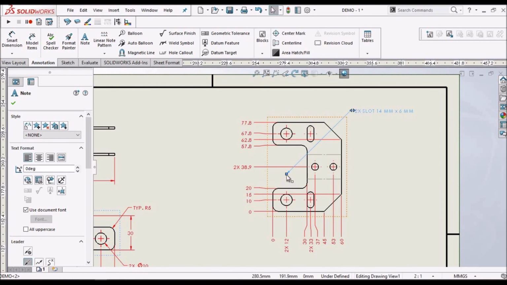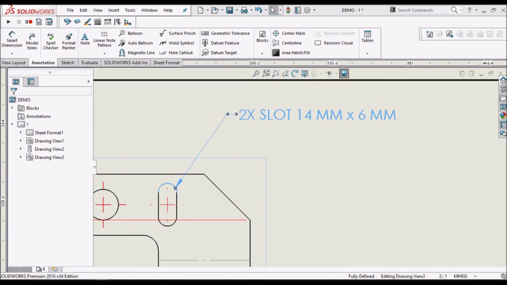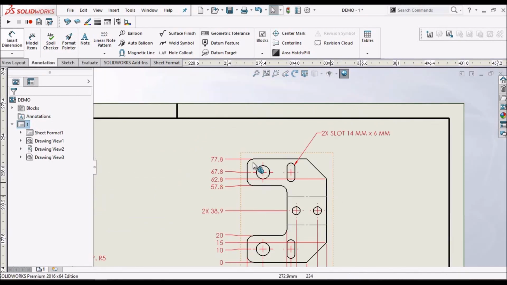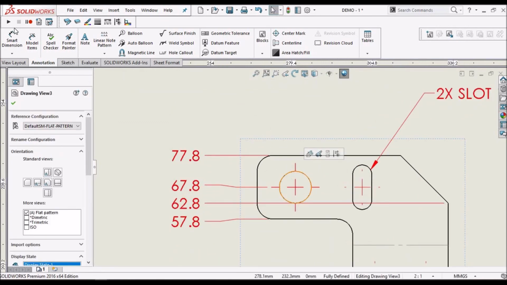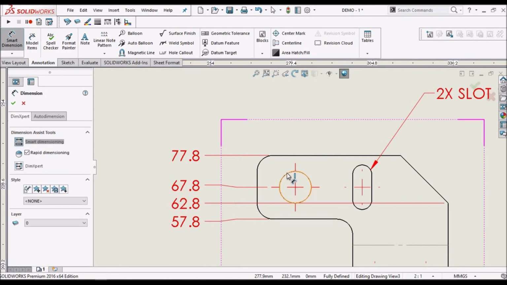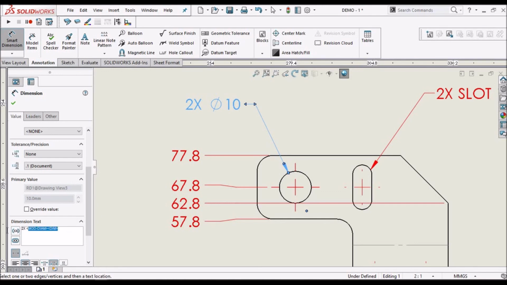So we can place at this location. Even for holes also, we have to show in 2 into x. Same thing we can copy here.